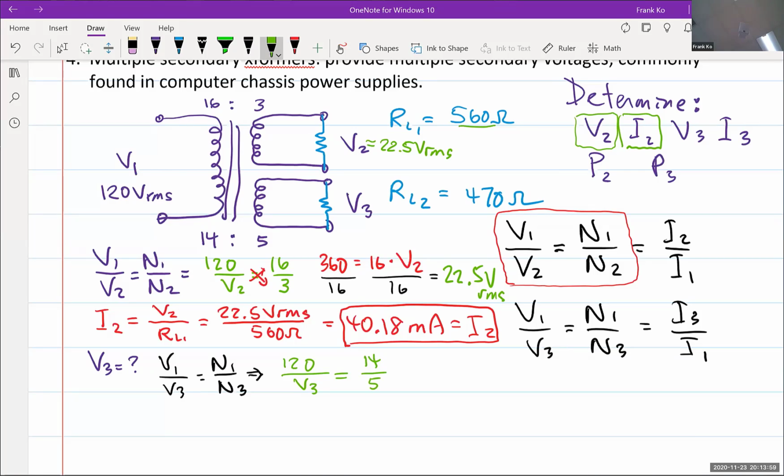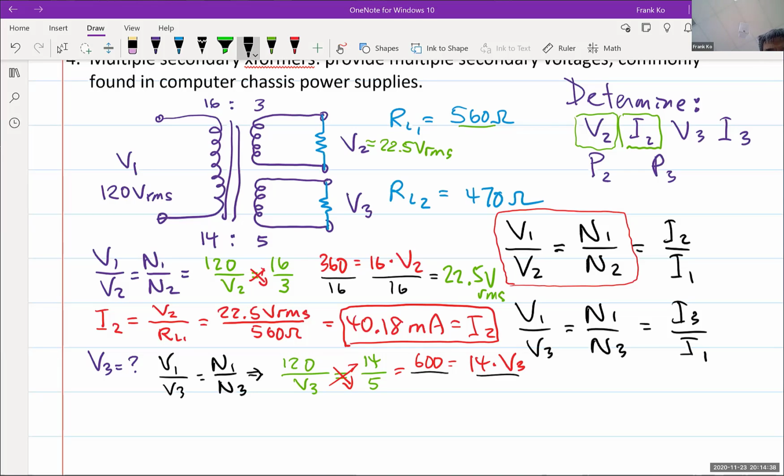Does everybody see where the 14 over 5 comes from? I have a pair of numbers on the bottom of the transformer. I have a pair of turns at the top of the transformer. The turns are different. Okay. And so now, as we go to solve this via cross multiplication, this works out to be 5 times 120. Works out to be 600 is equal to 14 times V3. And when we divide both sides